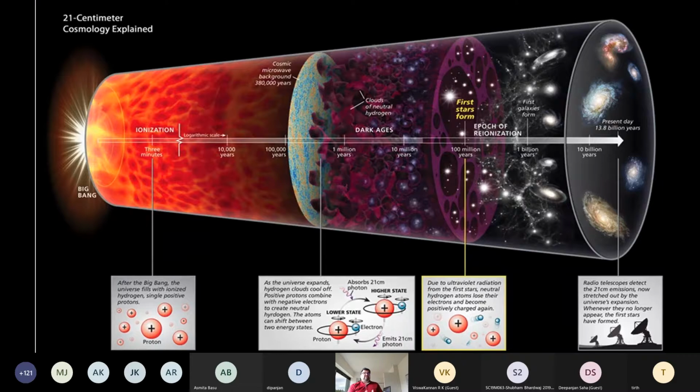And this has been done by using the neutral hydrogen transition, whose lab frequency is 1.4 gigahertz. But as you're looking at a much higher redshift, it gets redshifted to frequencies less than 200 megahertz. So the SKA Low telescope, or many other telescopes like HERA, MWA, LOFAR, are basically trying to detect the signal from this particular epoch.